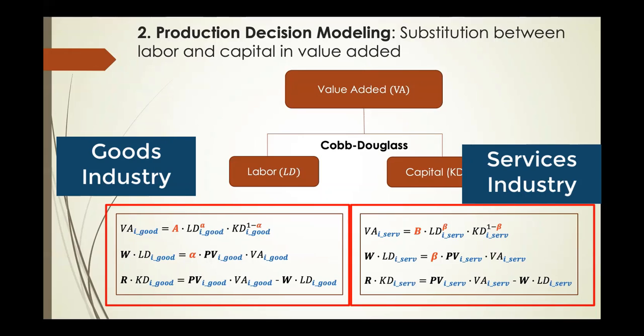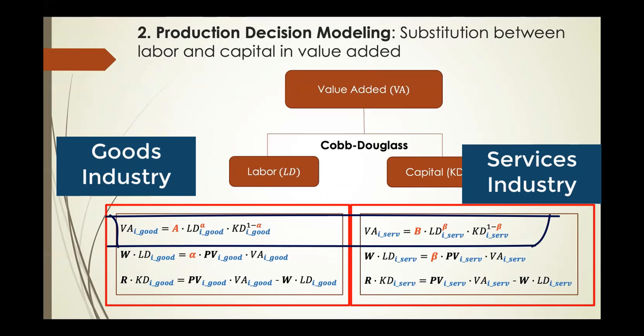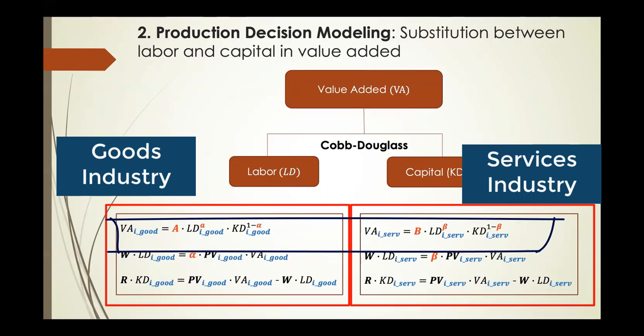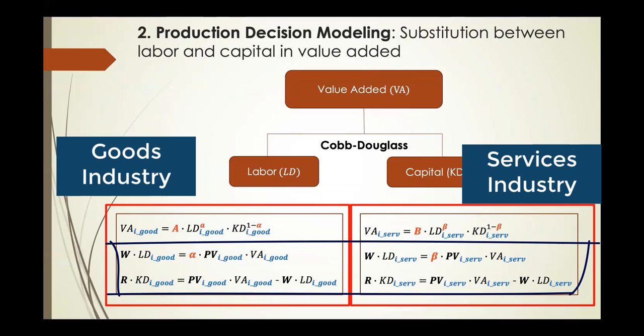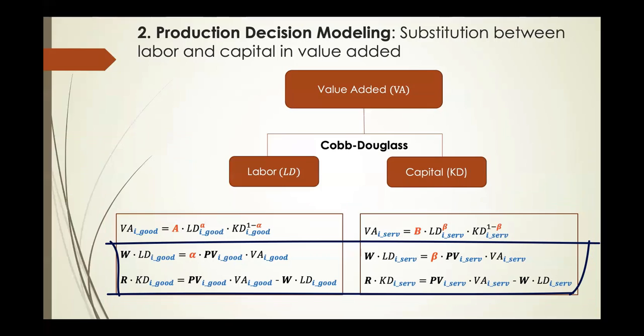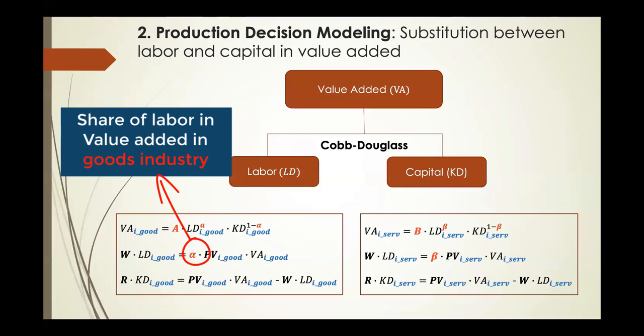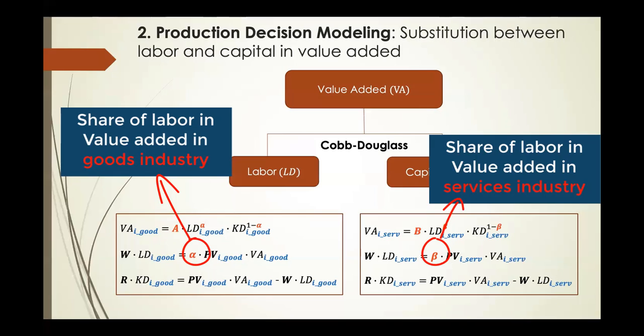The top equations define that relationship, while the bottom two equations specify the demand for labor and capital by good industry and service industry derived from the profit maximization problem. Here, alpha and beta are the parameters associated with the functional form, and they represent the share of labor costs and capital costs in value